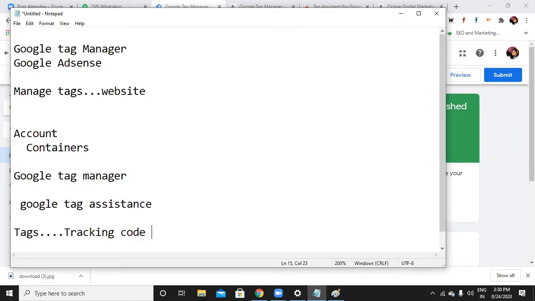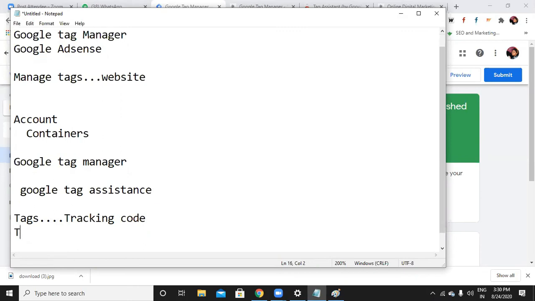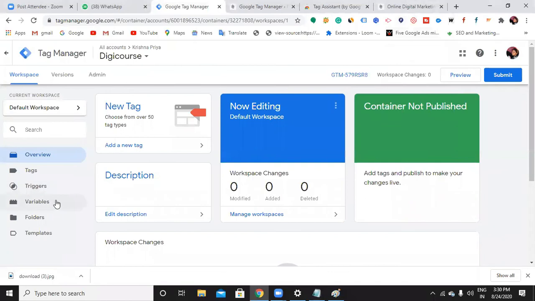So now I have a Google Analytics tag. I have a Google Search Console tag, Facebook Pixel tag. So all those things you can connect with the help of this tag option. Okay. And the next option is trigger. So trigger means if you want to track any particular clicks, or if you want to track a particular event, or if you want to track particular browsing of that website, then at that time you can use this trigger.